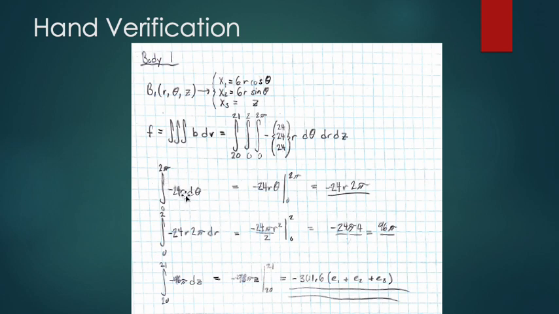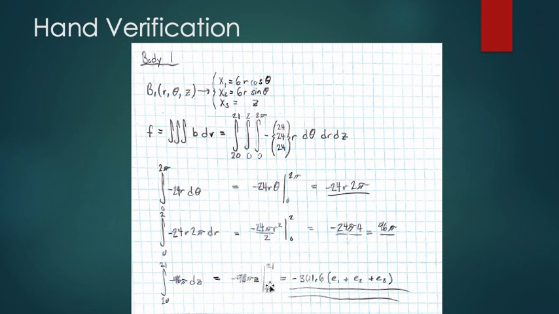So for the first integral, the negative 24r, you end up with negative 24r 2 pi. And then the second integral, it's 0 to 2, and you get 24 pi 4, or 96 pi. And then the third integral with respect to z is 20 to 21. So it's that 96